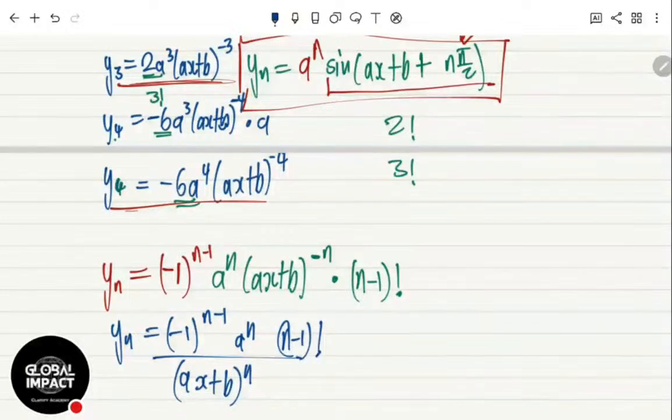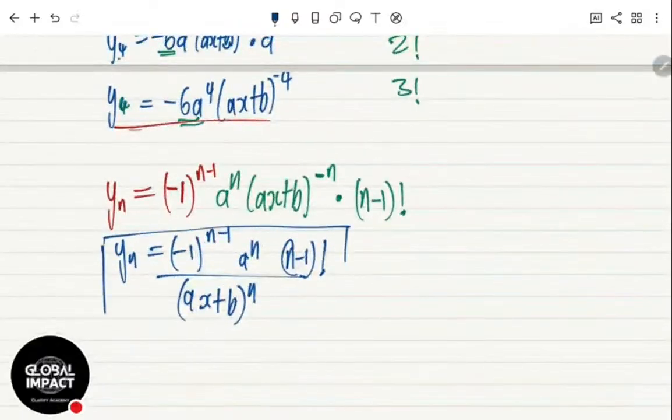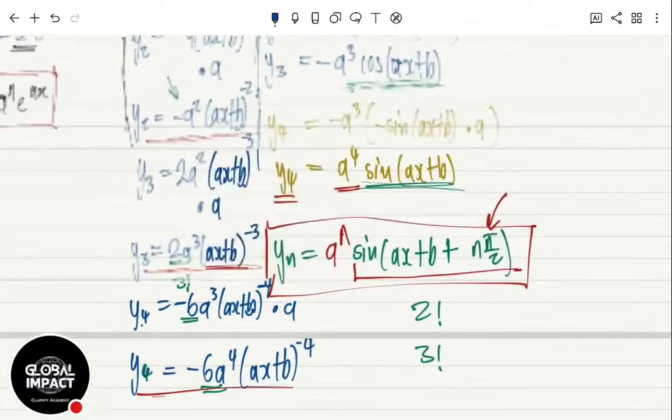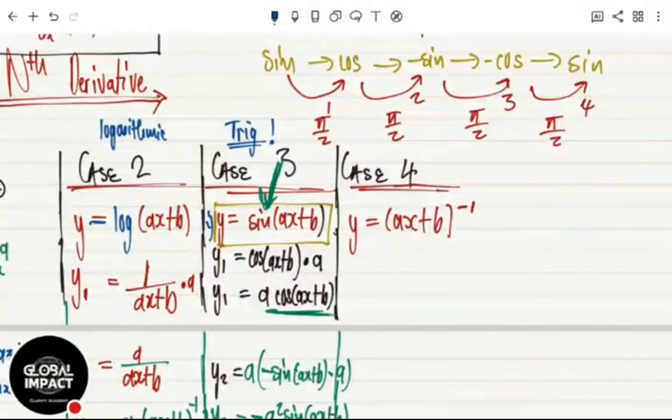Anyway, what is this? Nth derivative of what? So you have your nth derivative and you'll be fine. Let's do the fourth case. It was for your nth derivative for log. The last one now. Let's see how we get the nth derivative.